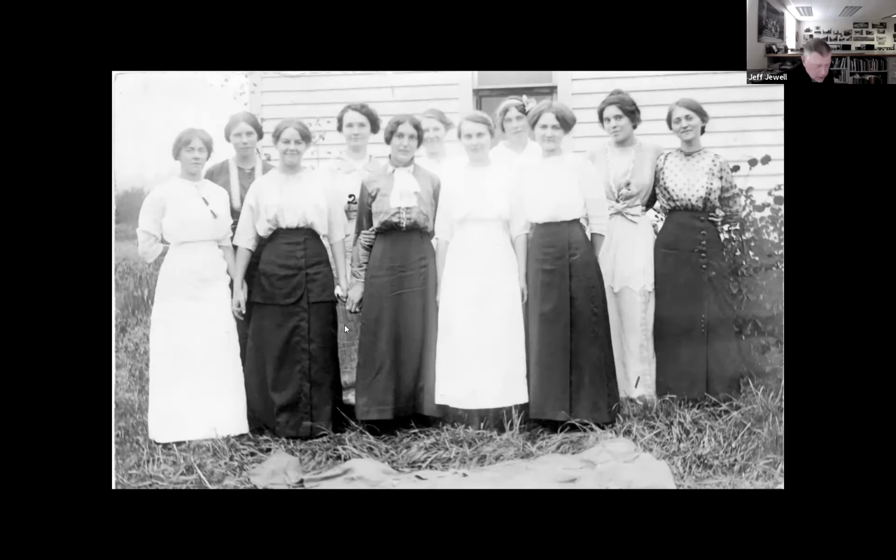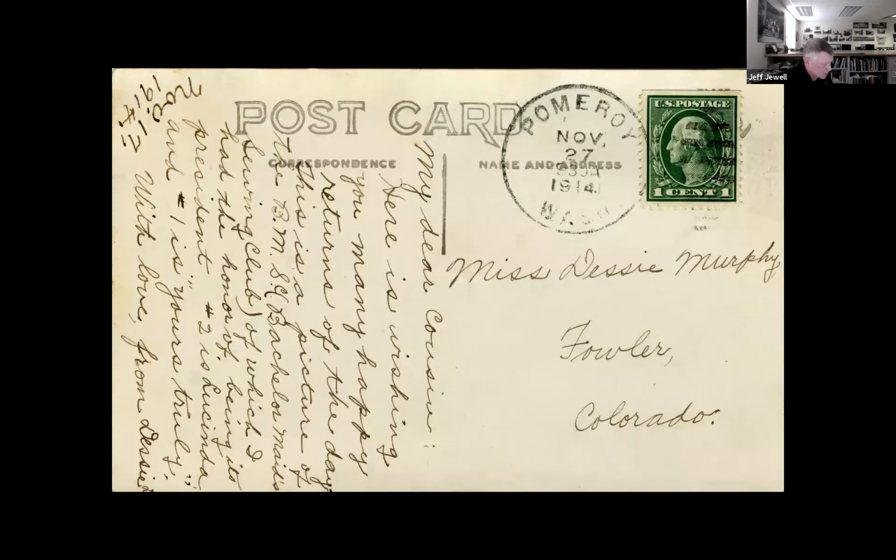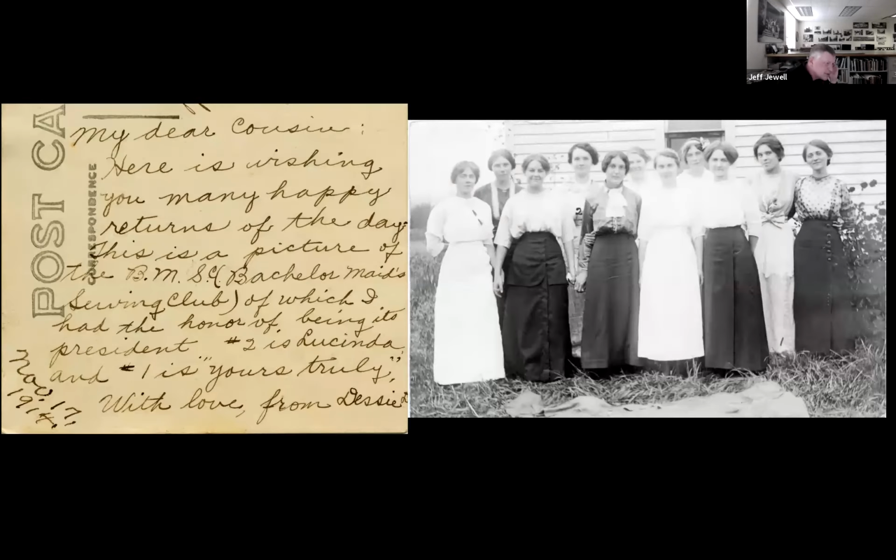And here's an example of just such a thing. So this was not a commercial postcard, it's a personal postcard. And there it is, there's the split back, 1914. And we can see, what do we have to say here? It says, my dear cousin, here is wishing you many happy returns of the day. This is a picture of the